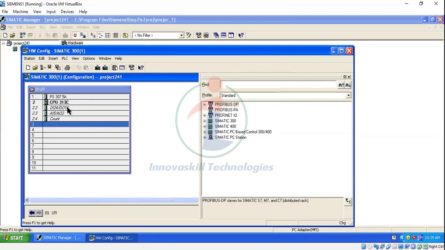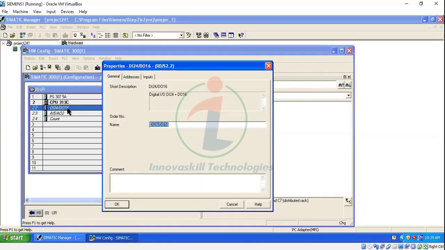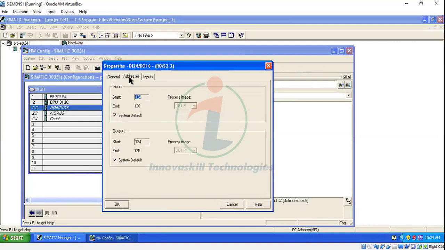Next we have to configure the digital input 24 and digital output 16. Just double click this digital input 24, digital output 16. After that, select the option called addresses. What we have to do is we have to remove the system default.